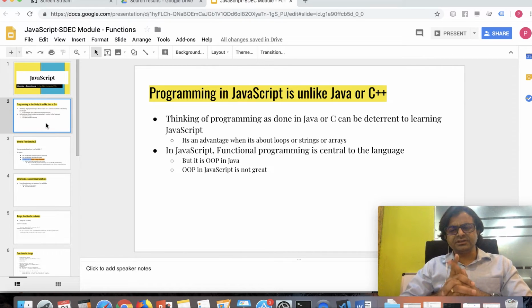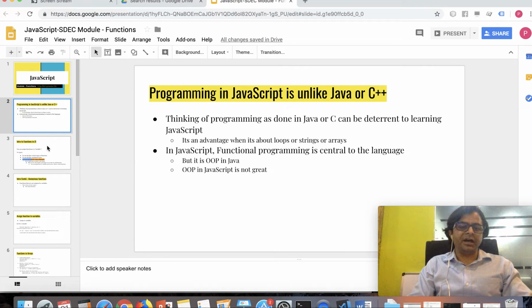Functions in JavaScript are a little different from how they are in C, C++, or Java. In JavaScript, functional programming is central to the language, like object-oriented programming is in Java. However, the object-oriented programming in JavaScript is not that great. So let's go ahead and see a bit of functional programming in JavaScript and how it is a little different